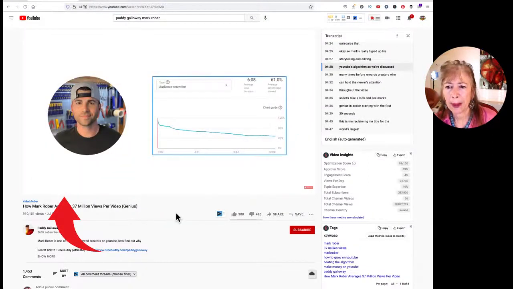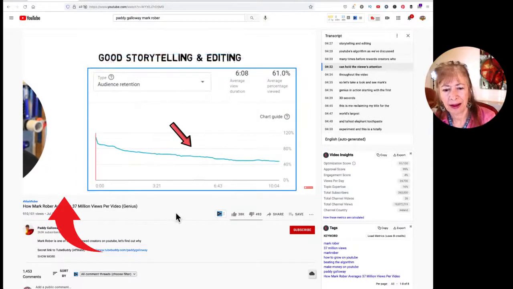Thing. YouTube's algorithm, as we've discussed many times before, rewards creators who can hold the viewer's attention throughout See how